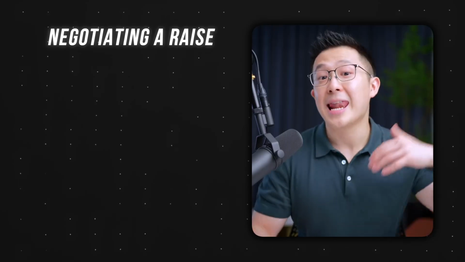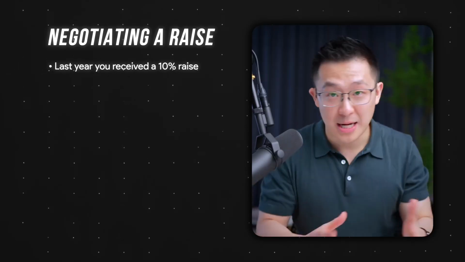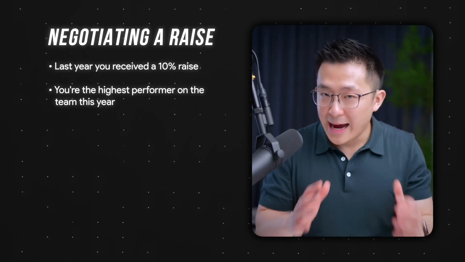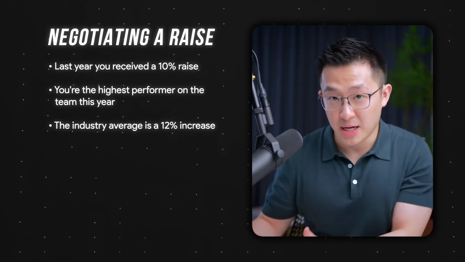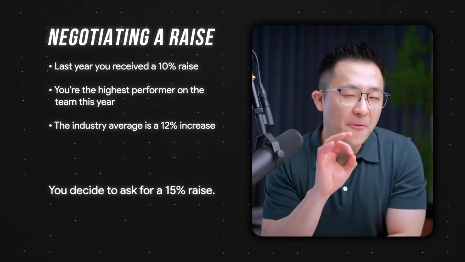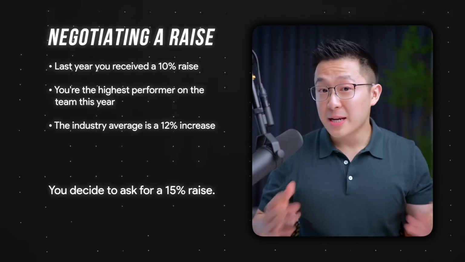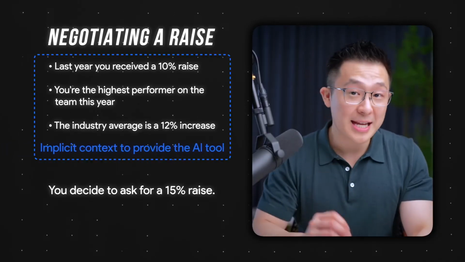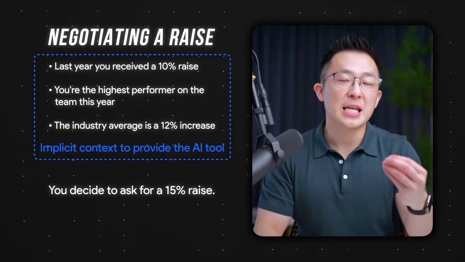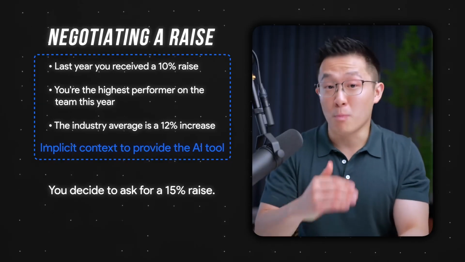Another example might be you're preparing to negotiate a raise with your boss. You know in your head that last year you received a 10% increase. This year, you're the highest performer on the team, and the industry average is a 12% increase. So you decide to ask for 15% raise. If you leave out all that implied context when brainstorming negotiation techniques with an AI tool, you will receive a lower quality, aka more generic,